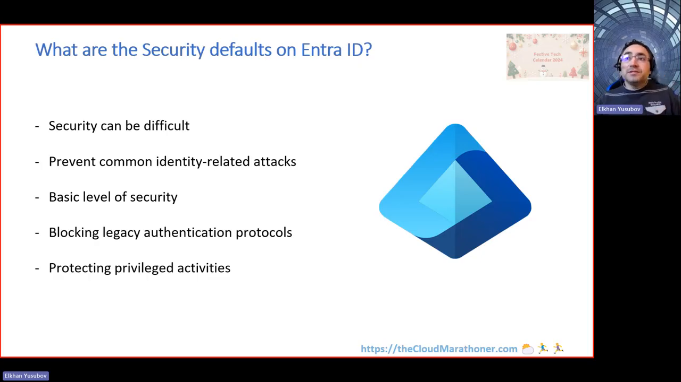And when we say security can be difficult, yes, security is not easy. Otherwise, we wouldn't have that much news about security breaches all around the systems, and it wouldn't be an issue. However, the reason is simple. Security can be difficult, and